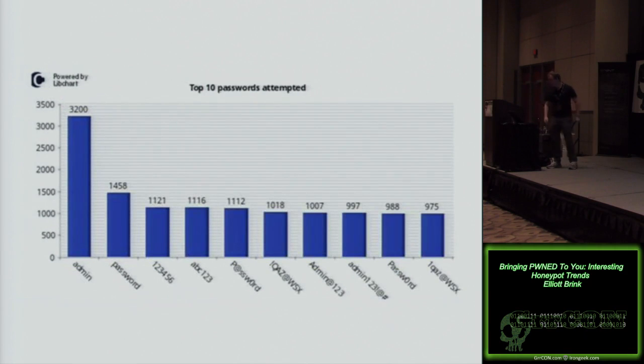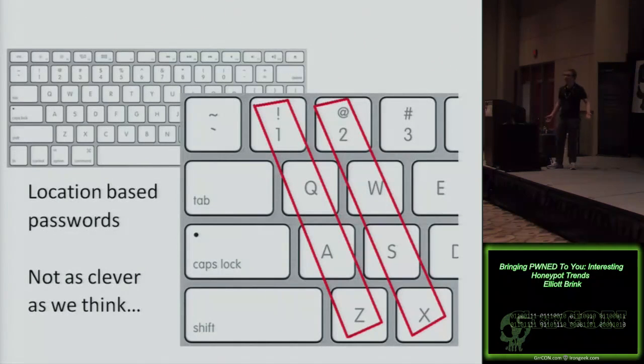And then the top 10 passwords identified, typical stuff, admin, password, 123456. The third password is the correct password, but admin's obviously number one. But then I saw one item in here that at first I looked at and I go, I don't know what this is. !QAZ@WSX. And I go, well, that doesn't seem very normal. And then I look down and I realize